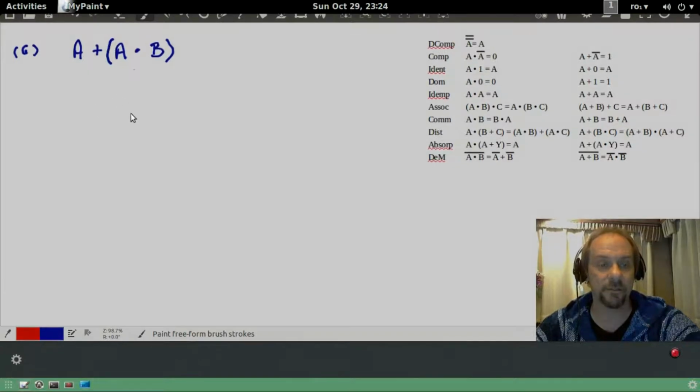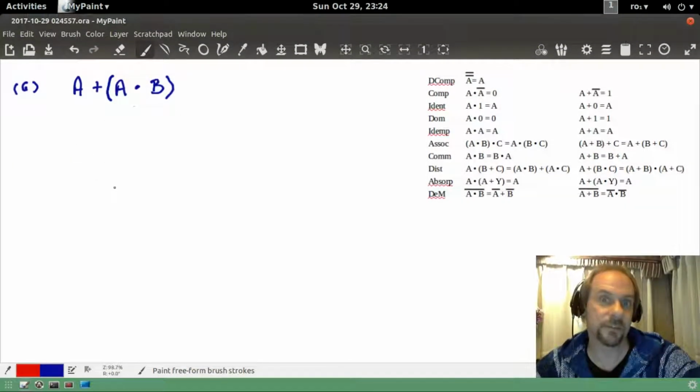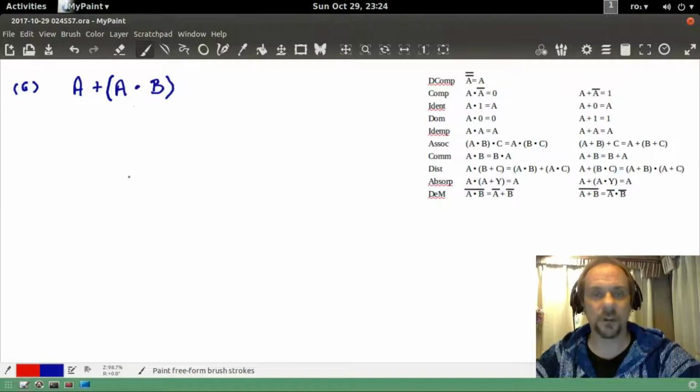You can have eight steps of distributing and redistributing and putting things back the way they were and then back the way they weren't and then back the way they were again. As long as you're applying the laws properly, it makes no difference. But if you do distribute this, what you get is A or A